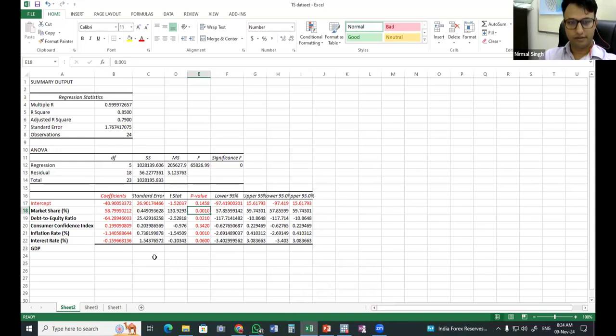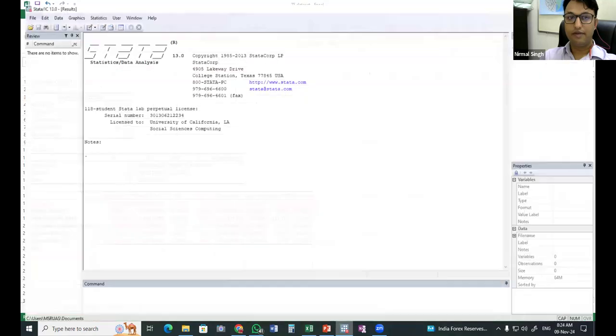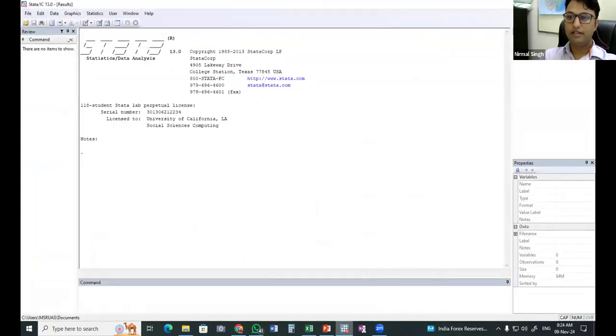But now we will jump into the panel data model, where we will tell the software that these are different companies and run the model accordingly. Then afterwards we will interpret the results. So here I am in Stata.